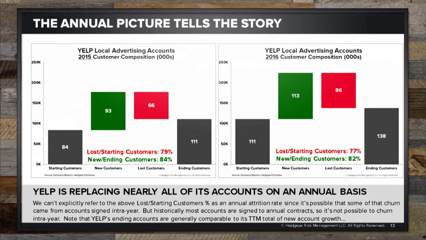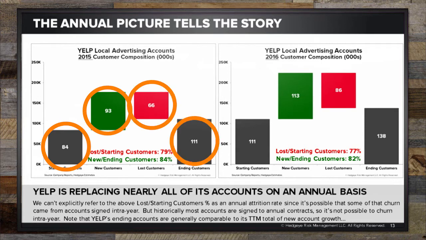So what we're doing here is we're comparing the starting and the ending customers in each period, and then comparing the total number of new accounts signed during those periods and the total number of lost accounts during those periods. So what you can see here is that in 2015, they started with 84,000 accounts, picked up 93, lost 66,